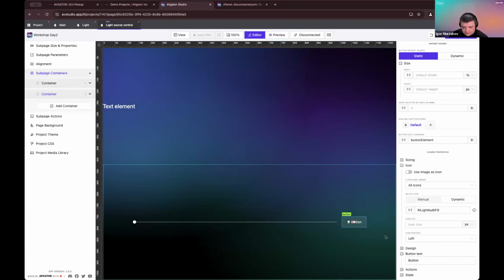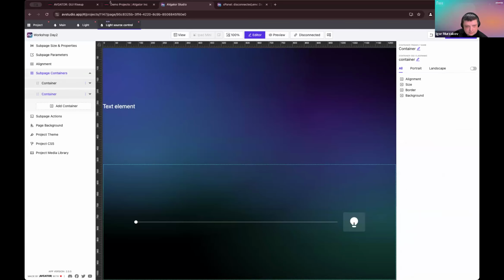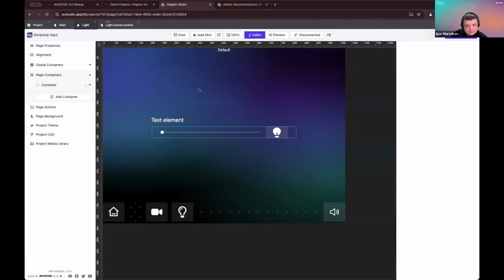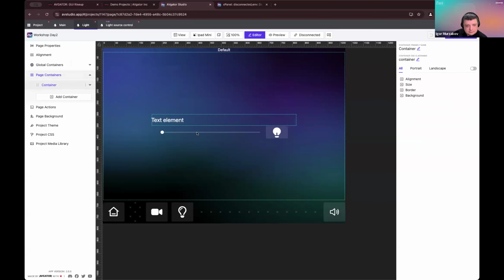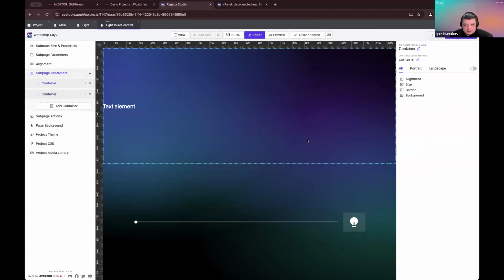Okay, and we'll make this icon pretty big, so let's try 40, maybe 50 pixels, and then I'm going to erase my button text, and let's check out how it looks. Okay, now I think we should adjust